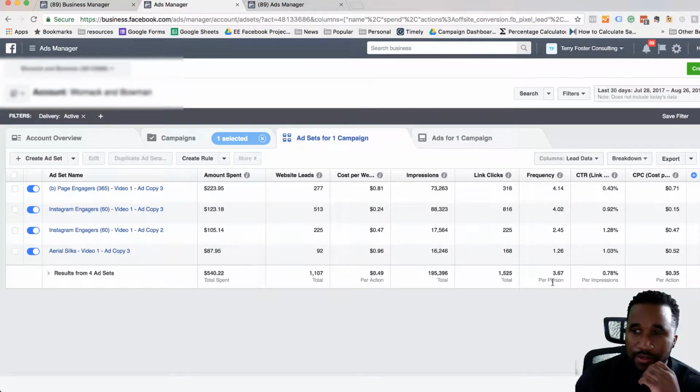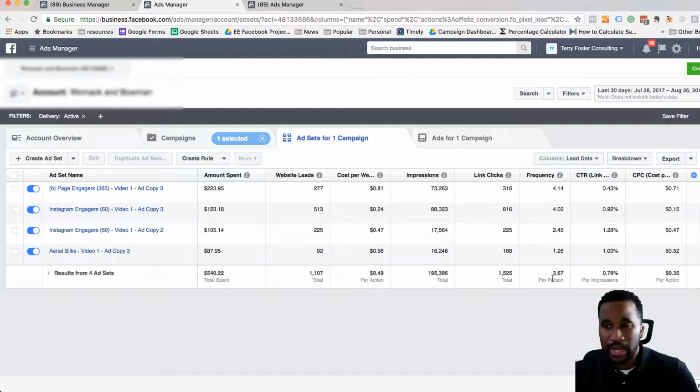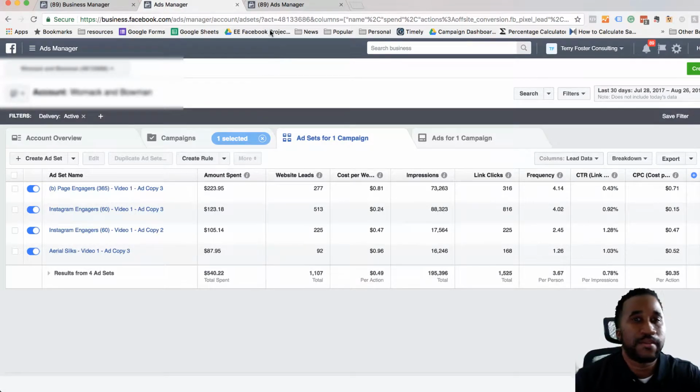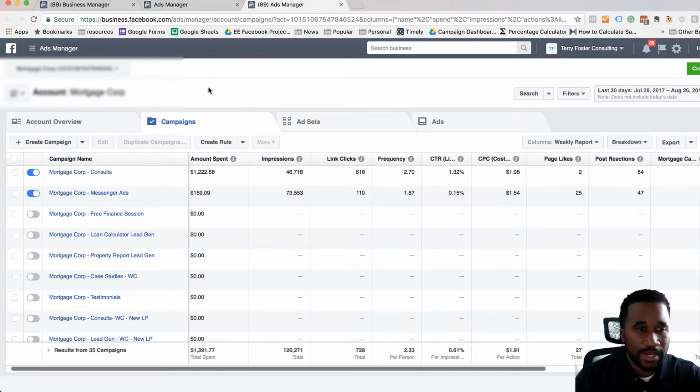So let's take another look. Okay, so once I take a look at my cost per click, I want to take a look at the conversion rate. I want to see how many of those clicks are leading to actual leads. Let's jump out to another account where we actually have an issue